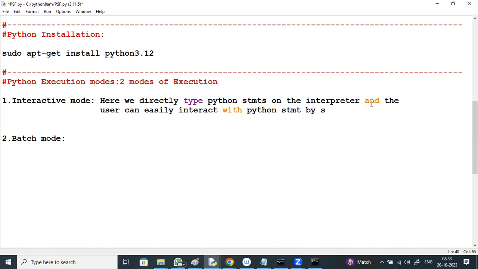For every statement, it gives a response. You can easily interact with Python statement by statement.